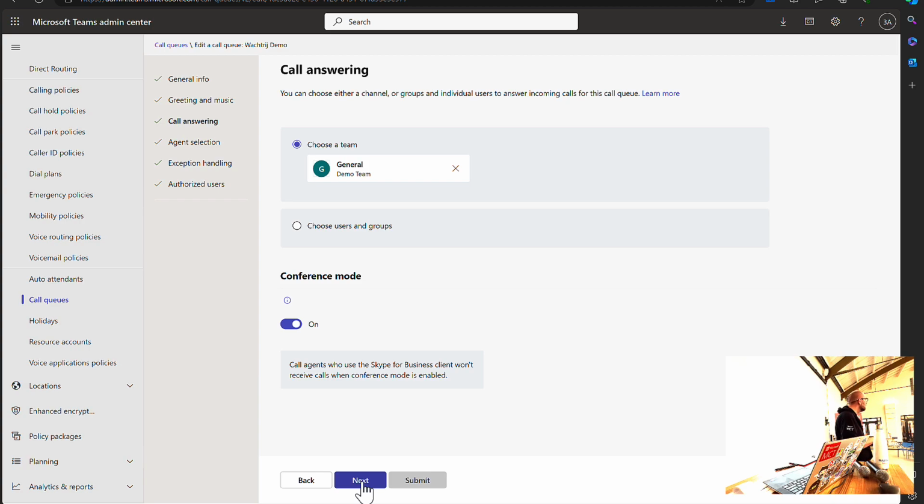That's confusing. In conferencing mode, it will take the call, connect you to the queue, play the music on hold, and once it connects you to an agent, it will set up a 3-way conference between you, the actual call queue, the waiting room, and the agent. And once the agent is connected, the call queue will leave the conversation.